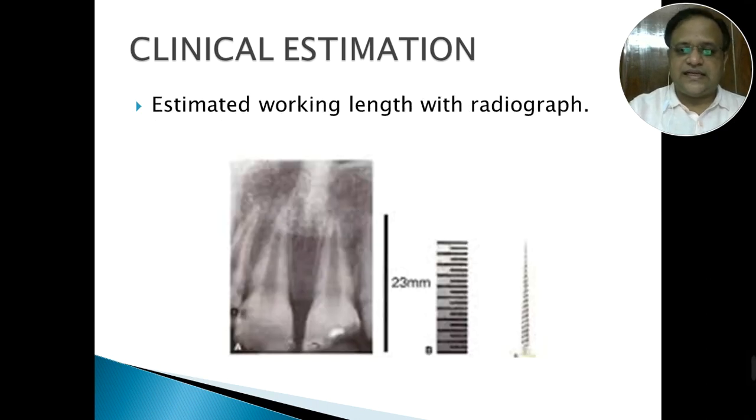So once the file was inserted into the canal, after the insertion, when you remove the file and keep it aside, now you can take the preoperative radiograph that was available with you, and you can check it against an endodontic ruler or an endodontic scale. You can see it has to be gauged. In this example, if we see that a central incisor is there, the preoperative radiograph is giving us an overall estimate of 23 mm.